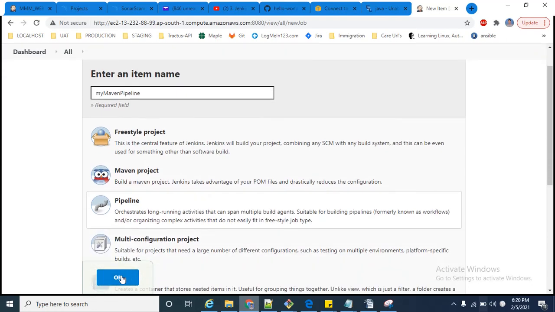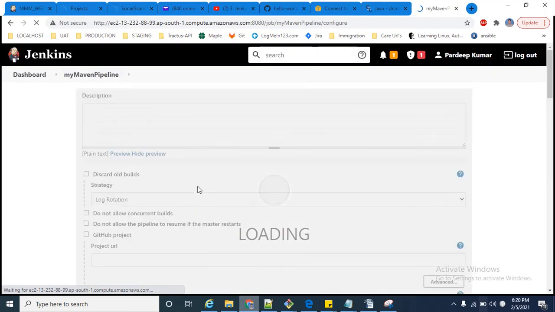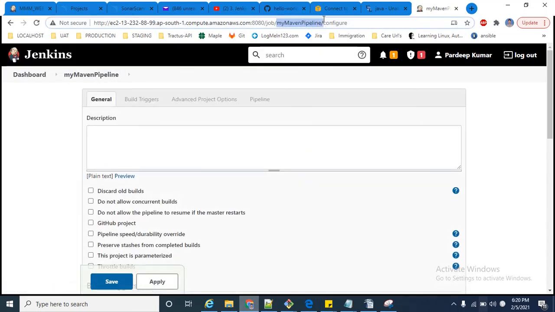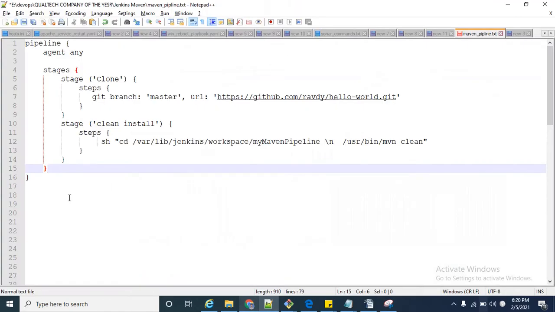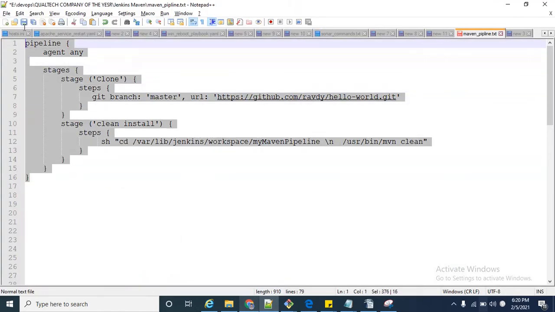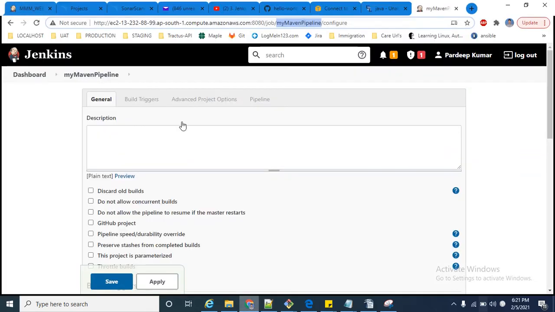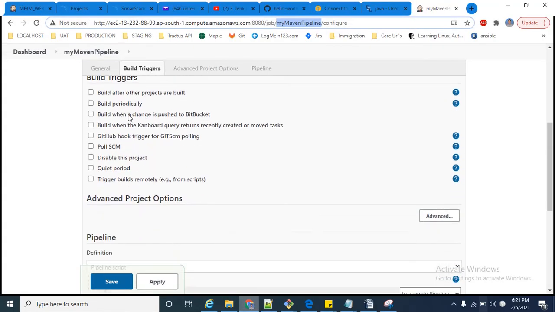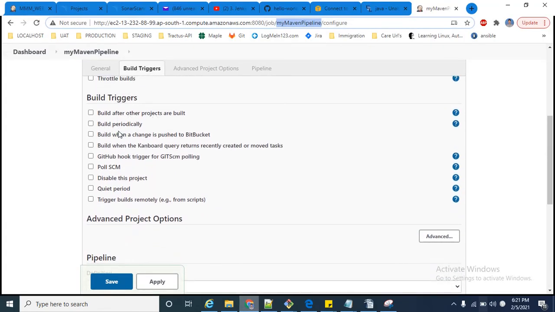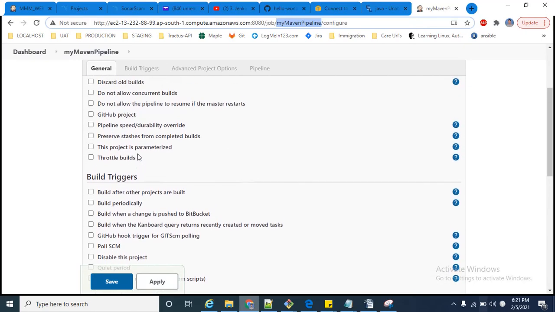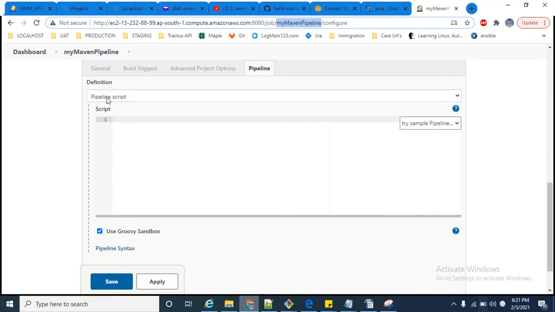And we have to choose pipeline here. You must choose pipeline, and after that click OK. And here we will create a pipeline job. Copy this script and paste it in. There are some options you can see; you can Google and check how these options work.